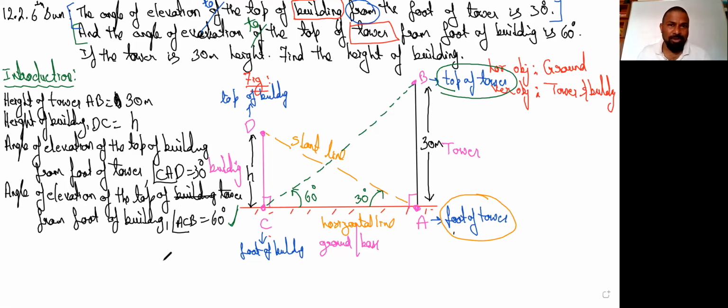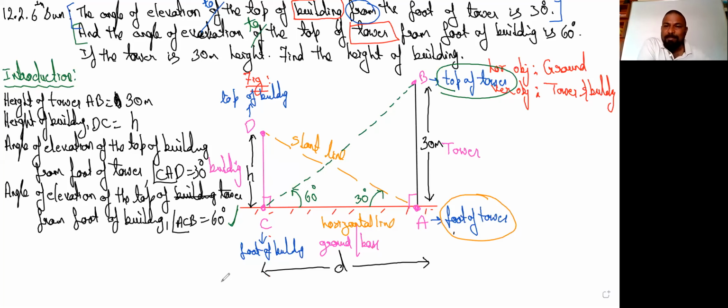Okay. Now, Jayasree, how many variables have we already taken? Only one, sir. H. How many angles are we having? 2 angles, 60 degrees and 30 degrees. How many right angle triangles are we having? 2 right angle triangles. So we need one more variable to help us out. Which one do you like to take as one more variable there? Ground, D. Agree. The distance from where to where? C and A.